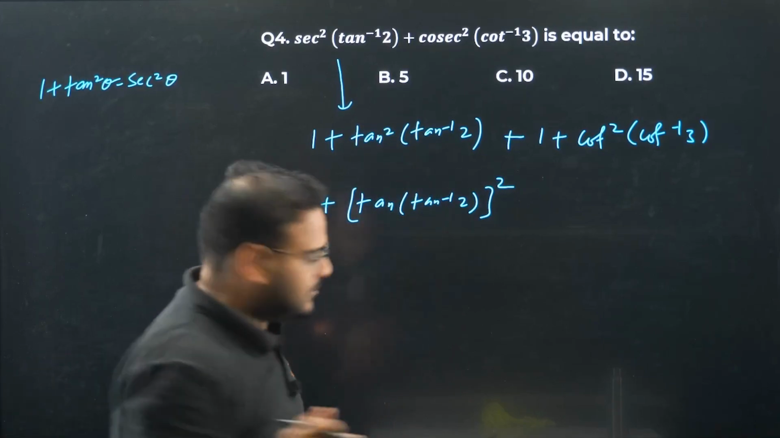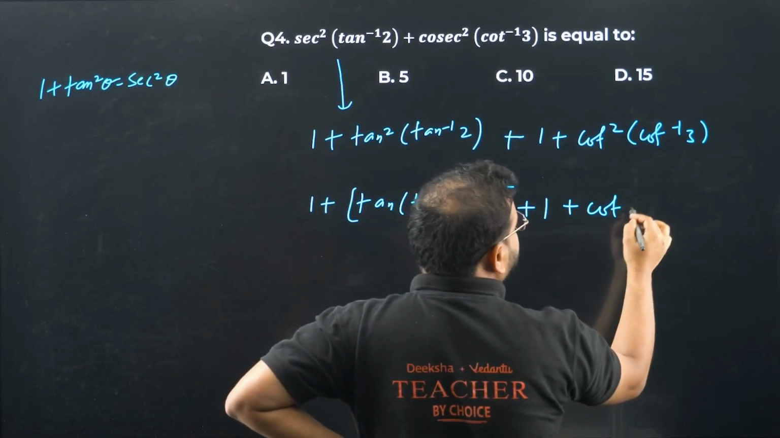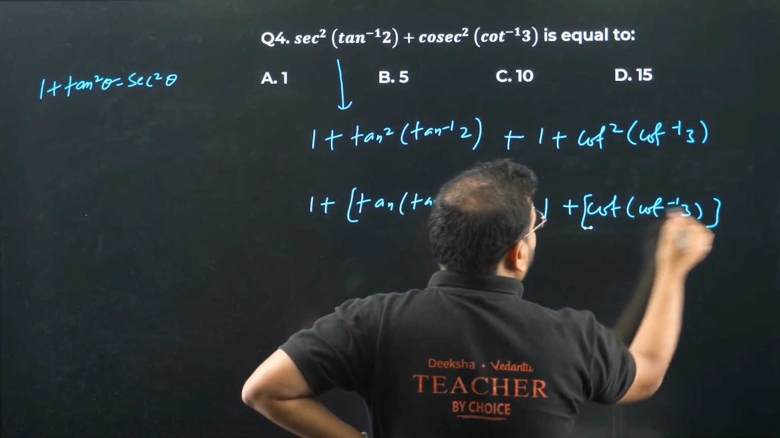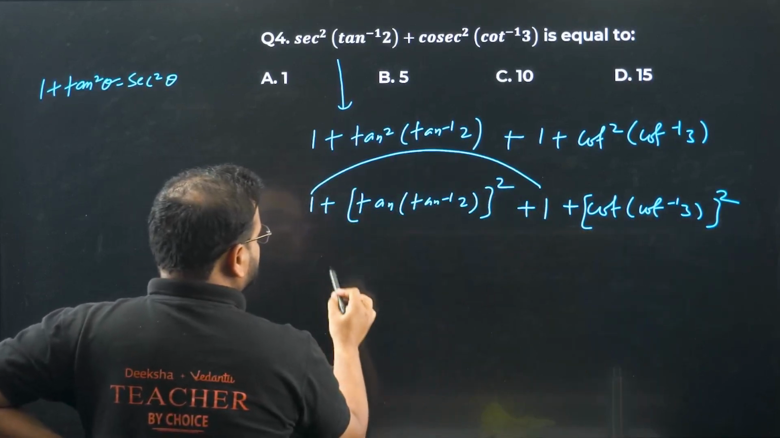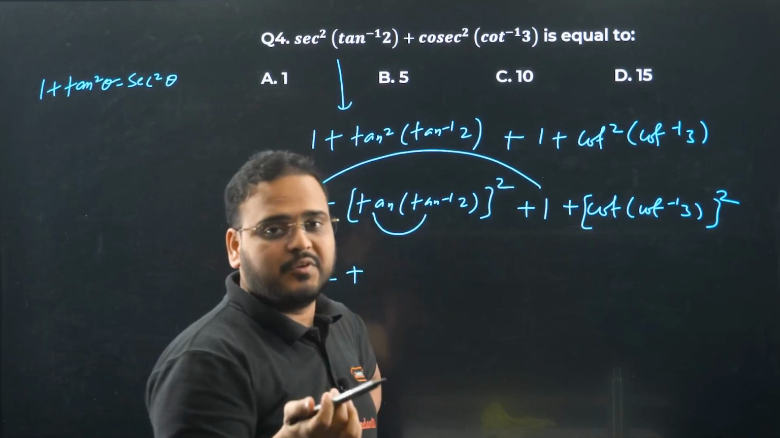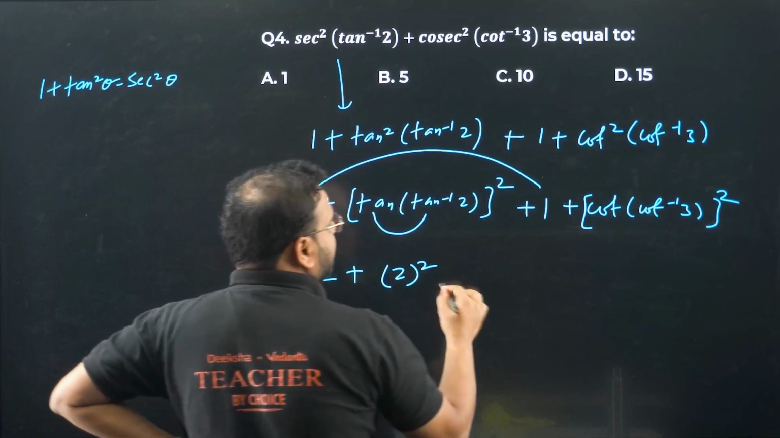It's a whole square. Okay, same over here. Plus 1, we have cot inverse of 3. Again we have a whole square. Okay, check this out. 1 plus 1 makes 2. So right here 2. Tan inverse of tan. So tan of tan inverse becomes the value itself, 2, and we have whole square, plus this